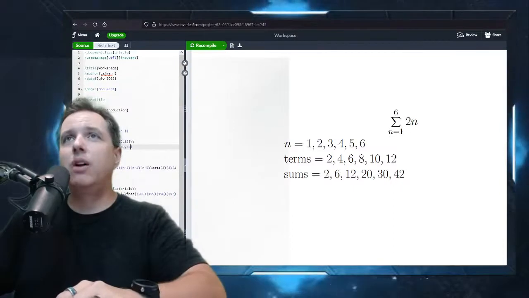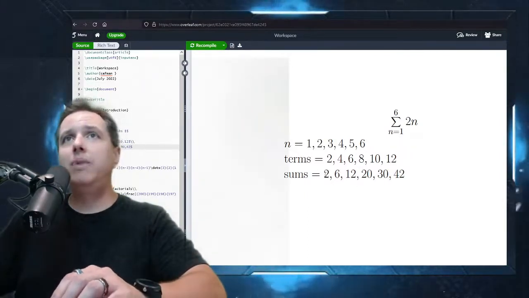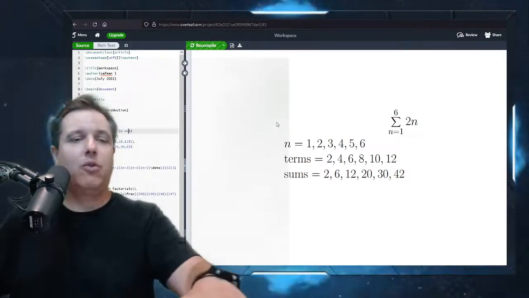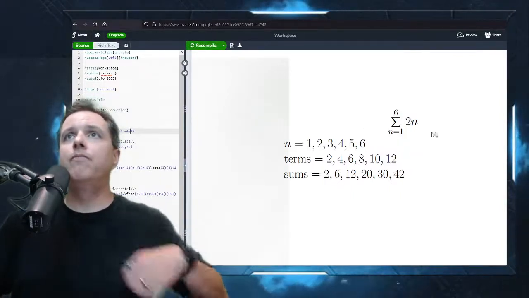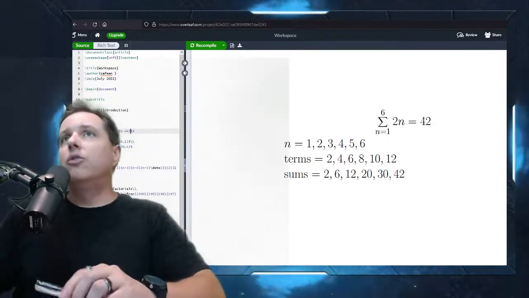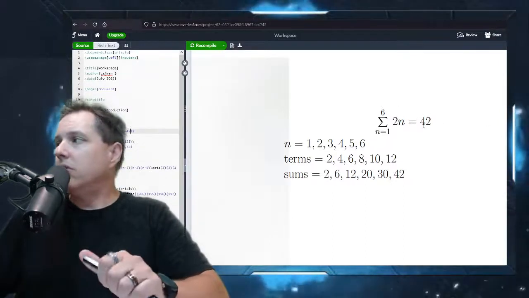Okay, so I go n equals 1, I plug it in here, I get 2. Plug in 2, oh, I get a 4. Plug in 3, I get a 6. Plug in 4, I get an 8, then a 10, then a 12. Now I'm going to add all those together. So those should all add up to 42. So our final answer wouldn't be this sums list. At the end, I would just write equals 42. Okay. So that would just be your answer. If you were given this, you'd just go, oh, well, that's 42. Okay, so you'd have your running total.